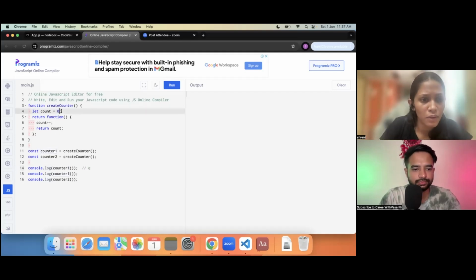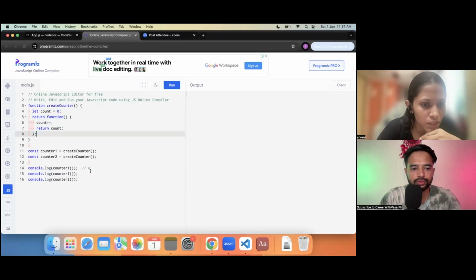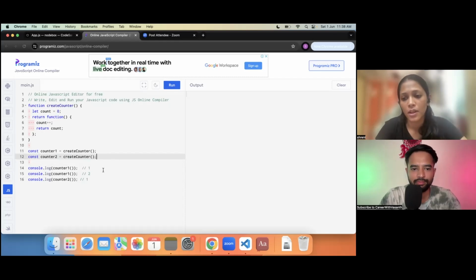Now this count value will have 1, because it's forming a closure here. Again, closure is used in this. So you just comment and type, here it's 1. The second time you're invoking the same function, where the count value is already incremented, so it's 2. And for counter2, it's 1, because we are creating a new instance of that counter, which will not have reference to the old values of count. So it will be 1. Okay, please run. At the top center you see a run button.